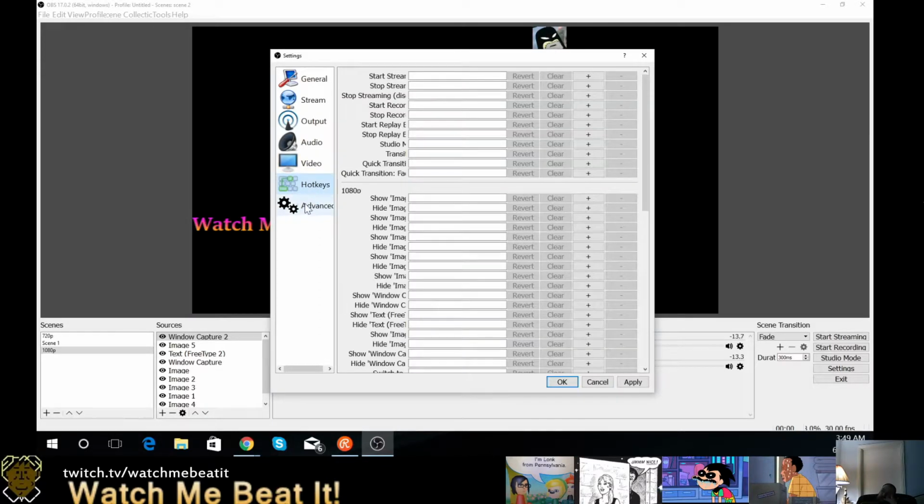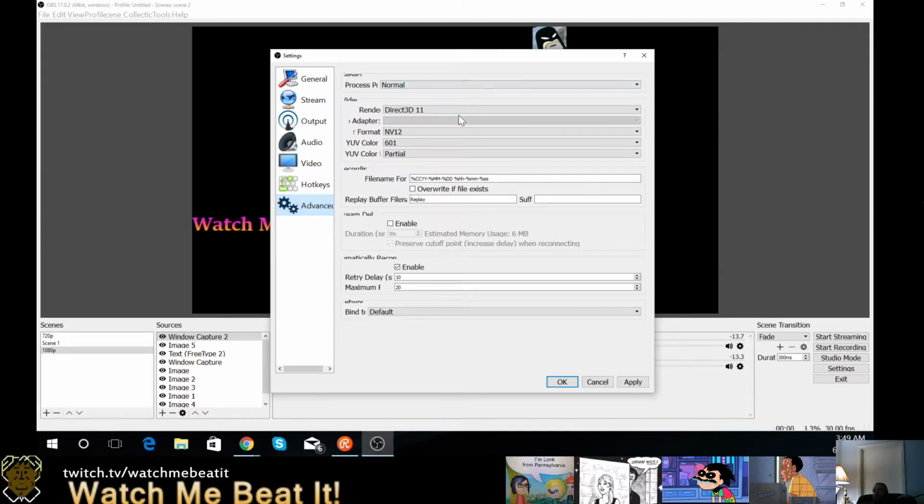Trying to get into the more nitty-gritty things. The only reason you really want to change any of this stuff is if you have something that's not working. So if you don't have it working on Direct 3D, try OpenGL. This you really shouldn't have to change unless, like, if you have other processes that are eating up the CPU for this, you're going to want to change it to make it match. But if you have an okay processor, I don't see you having to do that at all. This is really dumb the way this is drawing in on this, because I can't see 90% of it. Alright,